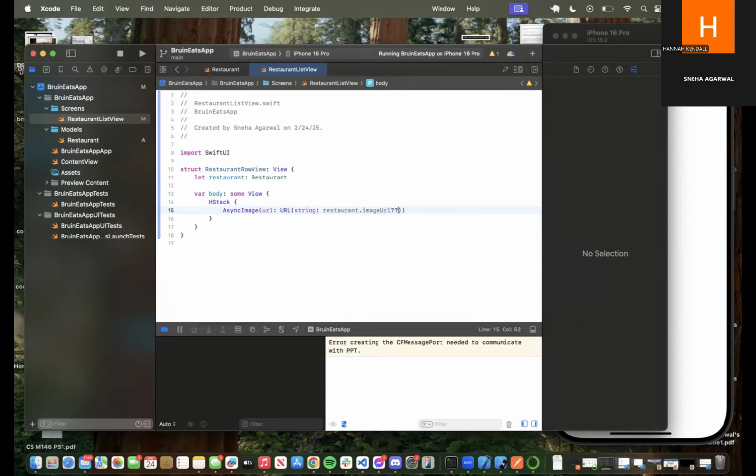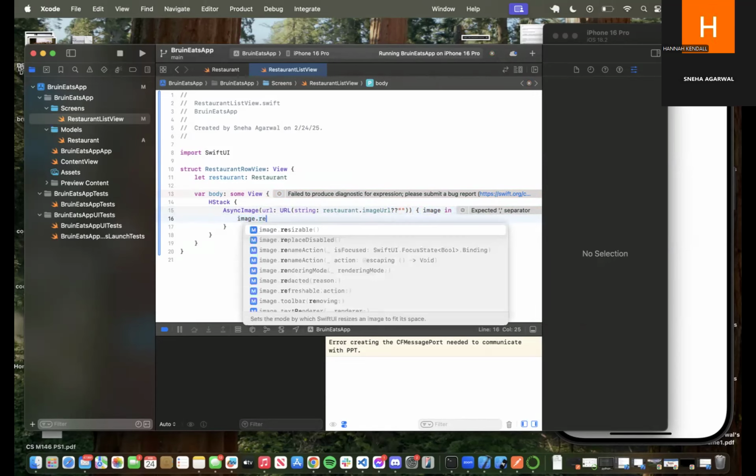And because it's an optional field that we defined earlier, I'm going to put these question marks, which just represent that this field is optional. Okay. And then image in